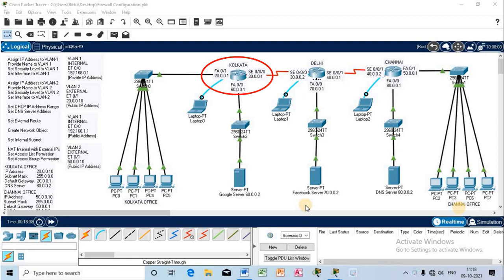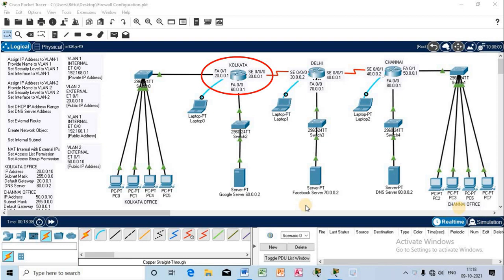All these things I have explained step by step in earlier lectures. In this lecture I have done all these things previously. I will just add the hardware firewall in the interface to create a security mechanism for the internal organization setup.